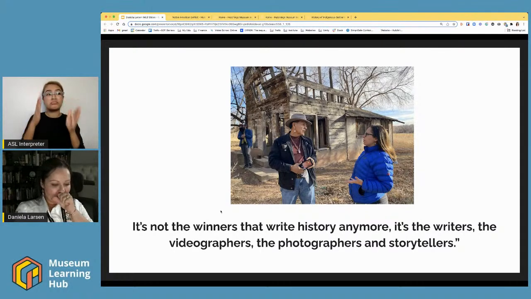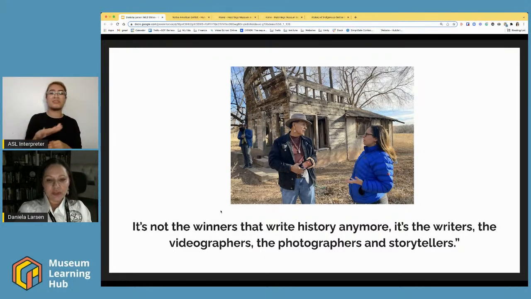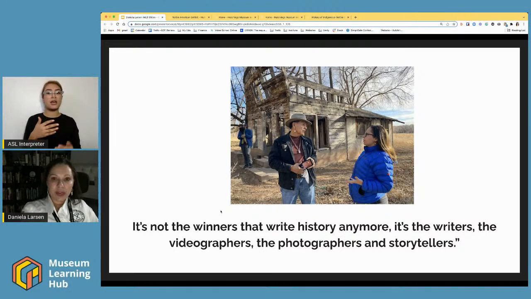This is Larry Sespucci. He is on our Native American Advisory Board, and we're out here visiting some land that was basically taken from the reservation and given to small, they were like 10-acre plots in the middle of the reservation that were given to white settlers to homestead. And this is one of the old farmhouses, and he was up there and able to talk to us about the impact that had on the people that were there, what that did to the relations, share that oral history, and really get that side of the story.